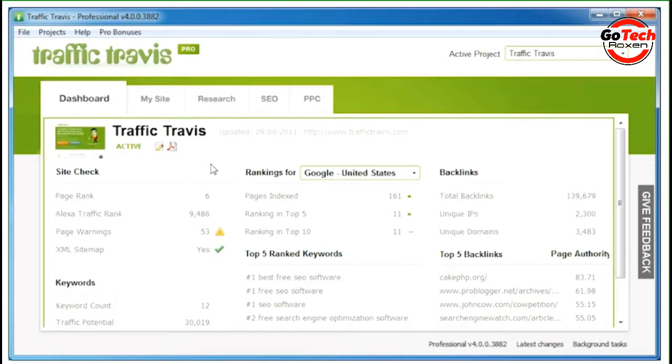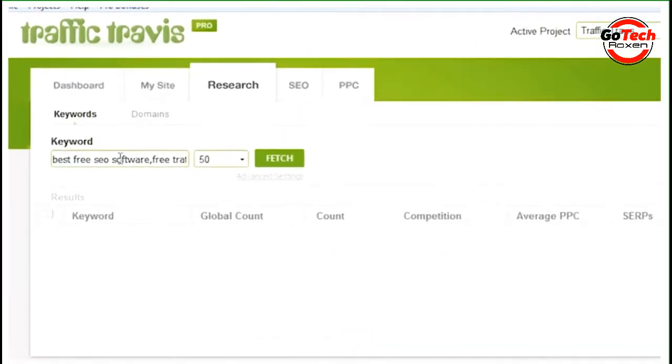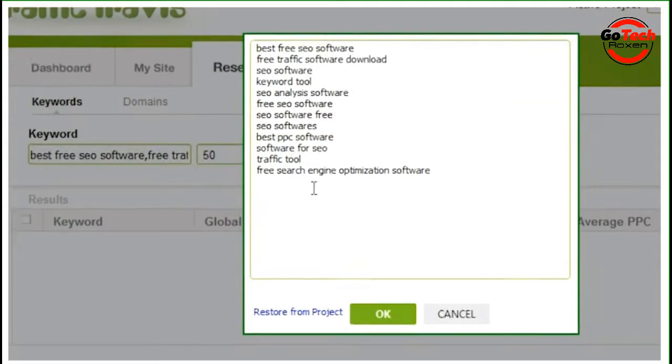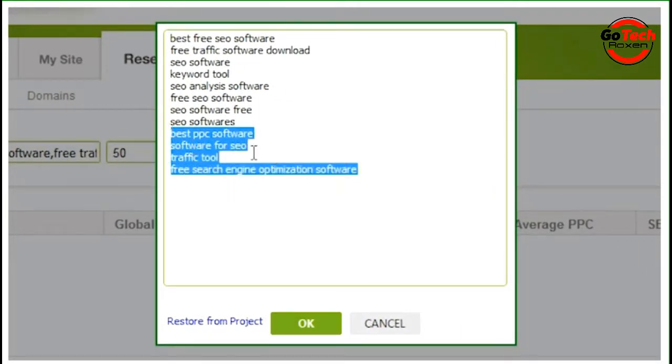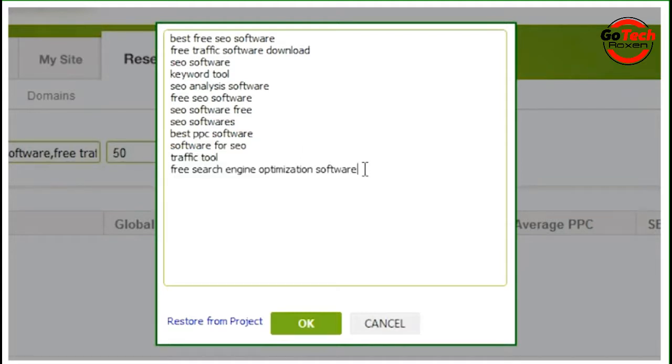To use the Keyword Research tool, click on the Research tab in Traffic Travis, then click in the keyword box. If you've got an active project, Traffic Travis will list all the project keywords that you added when you set up the project. You can customize this list however you like. If you later want to reset it back to your project's keywords, click on Restore from Project next to the